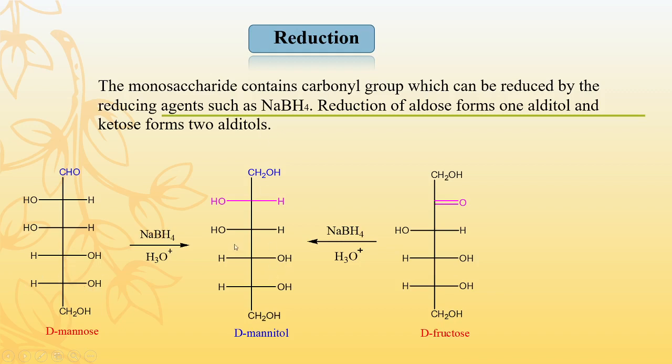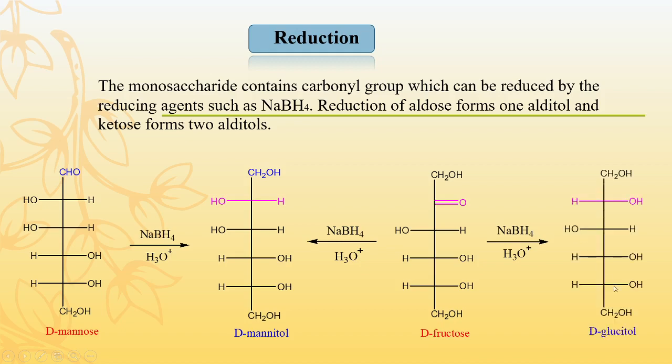That means the aldose gives only one alditol, but here you can see this is the structure for fructose, and when we react this fructose with NaBH4, we get the product. This is D-glucitol. Here you can see there are two types of product. When D-fructose is reacted with NaBH4, the first product is D-glucitol, and the other product is D-mannitol. That means we get a mixture of two products, D-glucitol and D-mannitol. So how is this so? Because